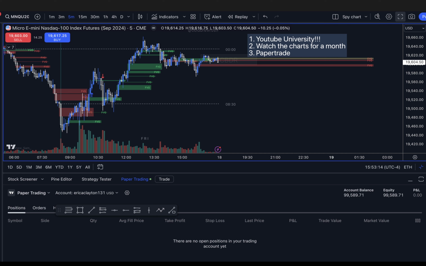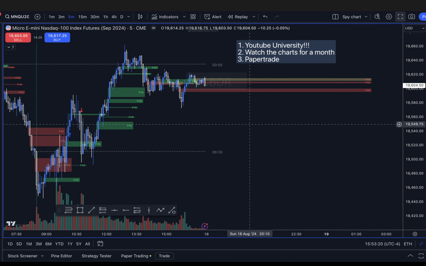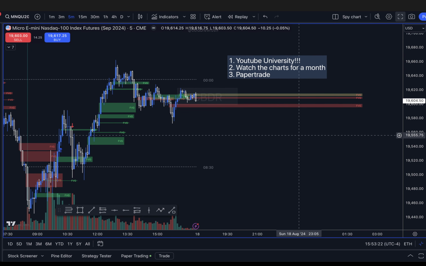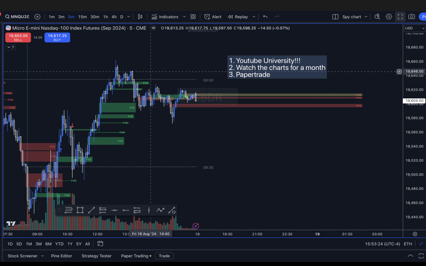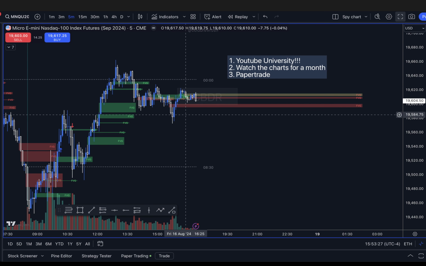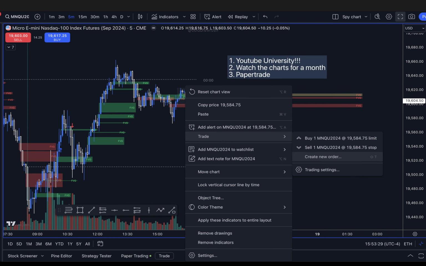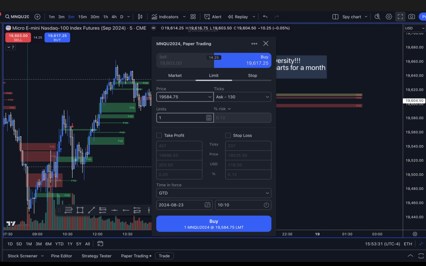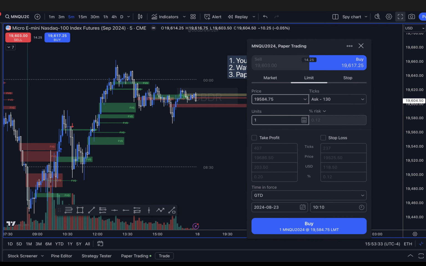Or if you have a broker that you can paper trade with, which a lot of them let you do, you can sign in there. NinjaTrader has their own broker. Any options trader has their own paper trading. You don't have to, but on TradingView you can. And then you can set your trades in TradingView, just like this. So you're practicing your trading without even spending any money, and you're actively trading and you're doing it.